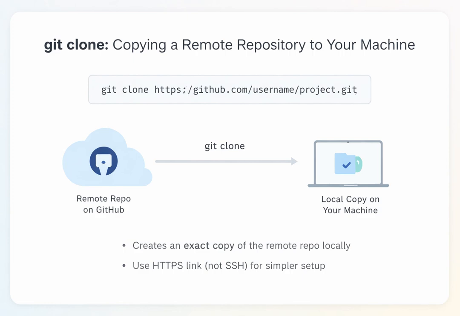Imagine your local project folder gets deleted or your computer crashes. As long as your code is on GitHub, you can get it back. You simply open your terminal, navigate to where you want the project, and run git clone, followed by the repository's HTTPS URL. Git will download an exact copy of the entire remote repository, all files, all commit history, right onto